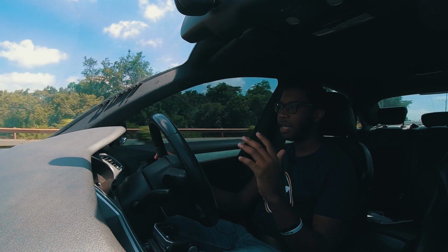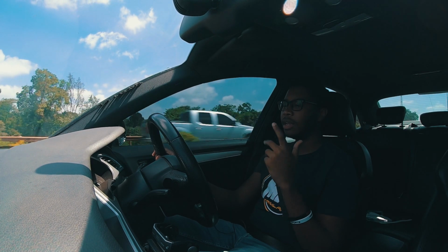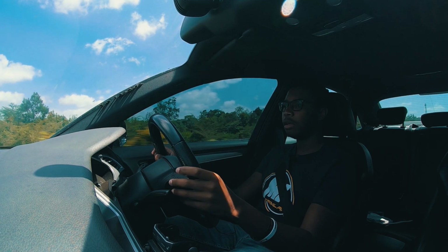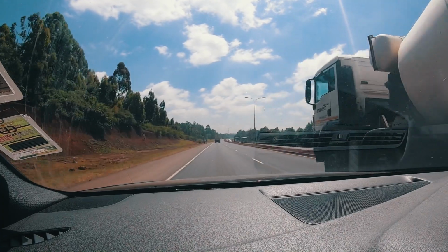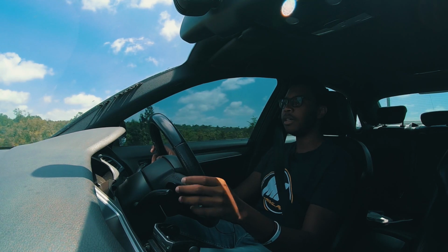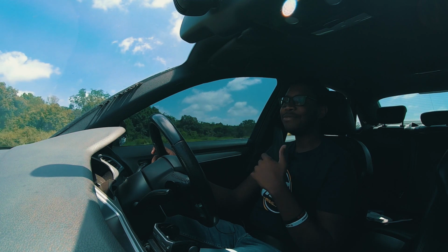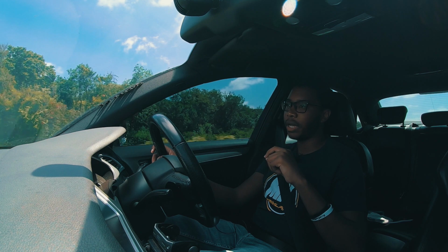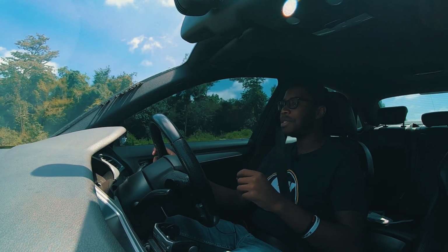So let me see if I can demonstrate what it does. Now, with this type of system, let's say you're driving around in 4th gear. So if you're driving around in 4th gear, 5th gear and 3rd gear are always going to be pre-engaged. So if you shift down, it's very immediate. So you see, shift down, you accelerate, it's very immediate, and it's quite a lot of fun. So the advantage is the shifts are very quick. But yes, it's a very fun gearbox, and if you're a car enthusiast, you'll have a lot of fun with this,